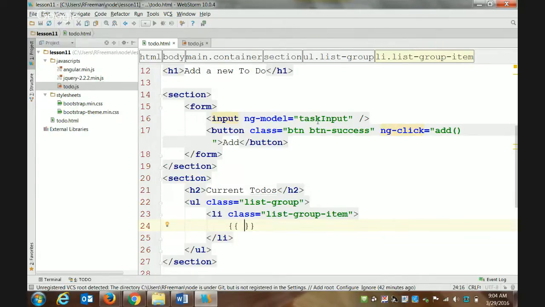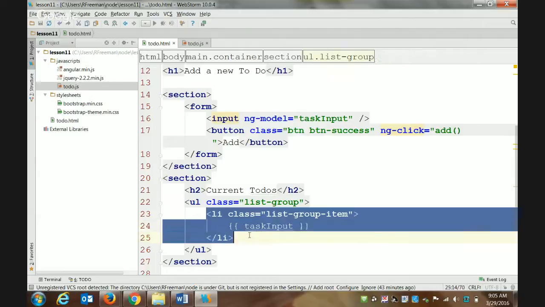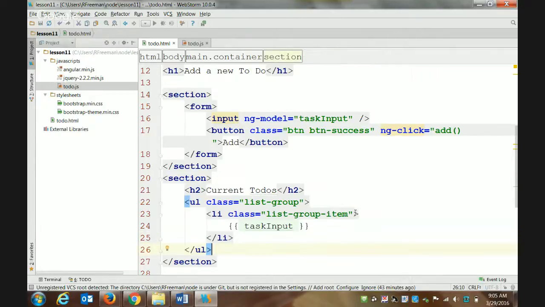Yeah, our task input. So if we, in our little handlebars or mustaches, output task input, this isn't completely right because we'll have multiple values, right? Task input won't represent just a single value. So what we need is some kind of loop, right? If we have 5 tasks, we want 5 li tags, each one with the different task input name. So we're going to use a new